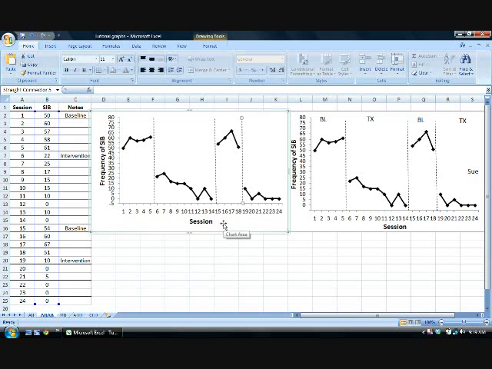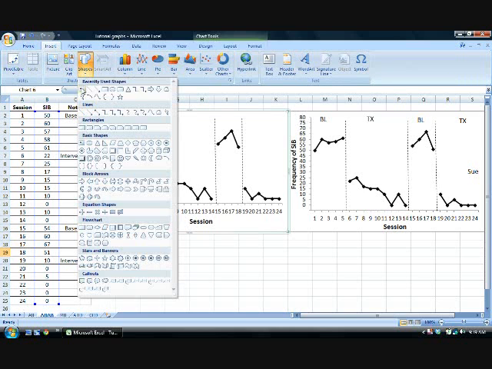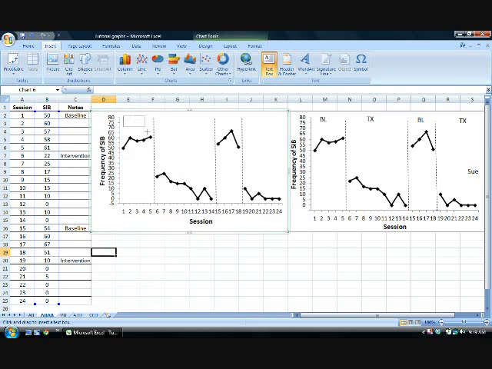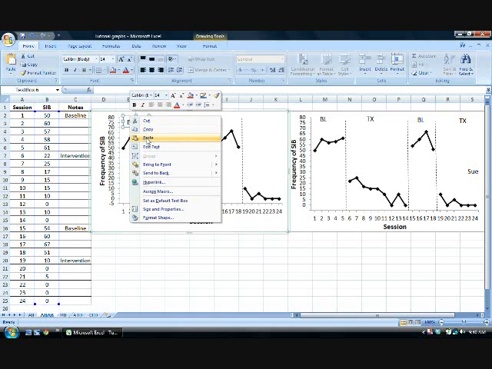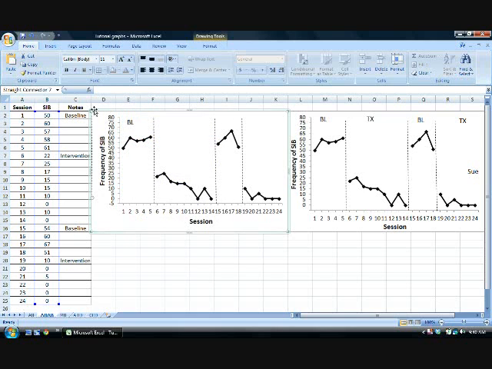Okay, now the next thing we need to do is to draw in our condition labels. To do that again, you need to make sure you're clicked on the graph, go to Insert, go to Shapes, select Text Box, draw a text box, type in BL, highlight, go to size 14, and then we're going to copy that, select Paste, oops, just undo that, copy, then select Paste, and drag that there,